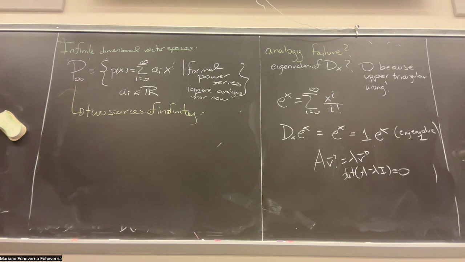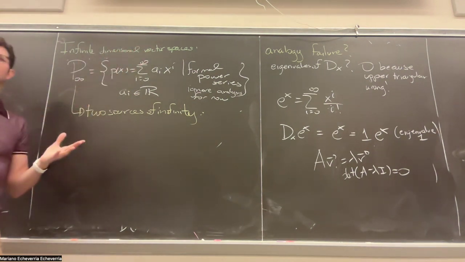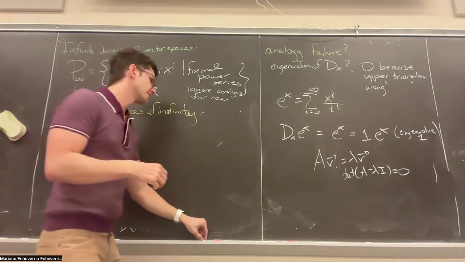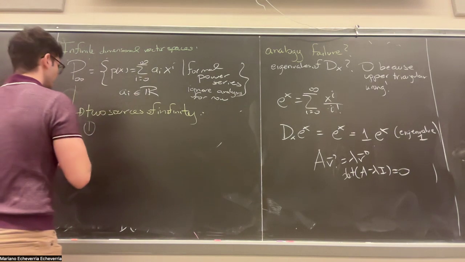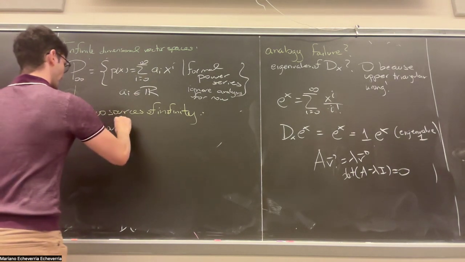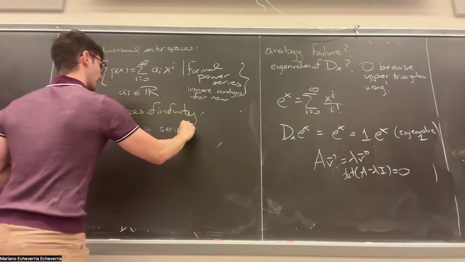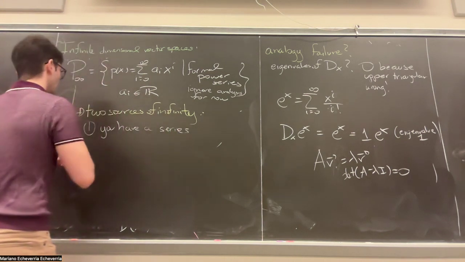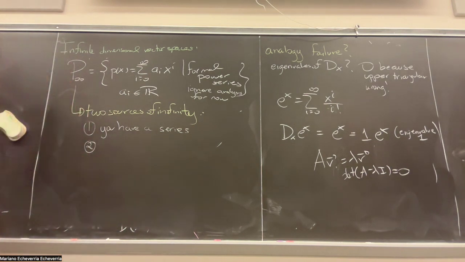So the first one is that literally it is a series. It's a formal power series, so it's like an infinite sum. So the first source is that you're dealing with an infinite sum, like you have a series. But the other one that is a little bit more hidden in this representation is that if you actually want to think about this in terms of convergence and other things,